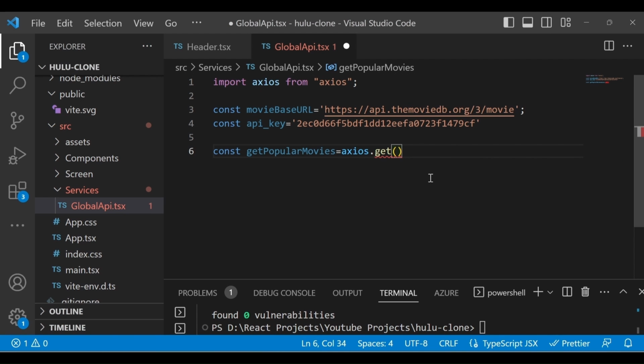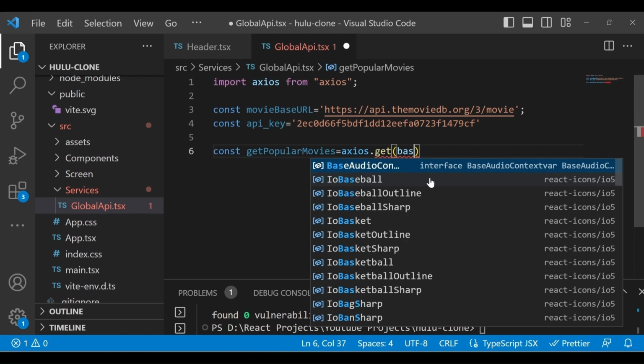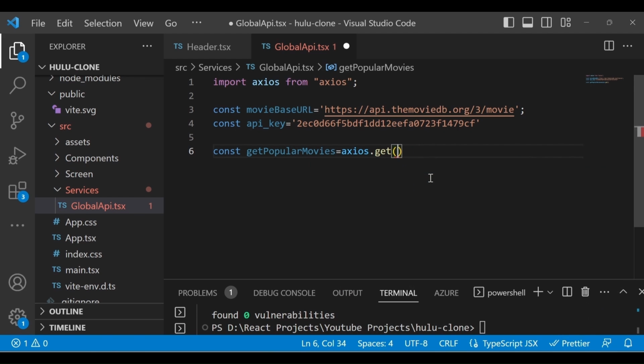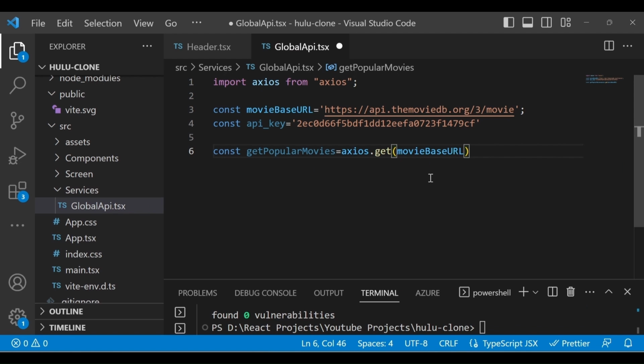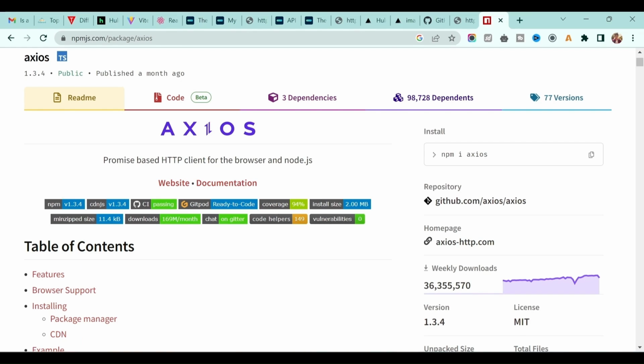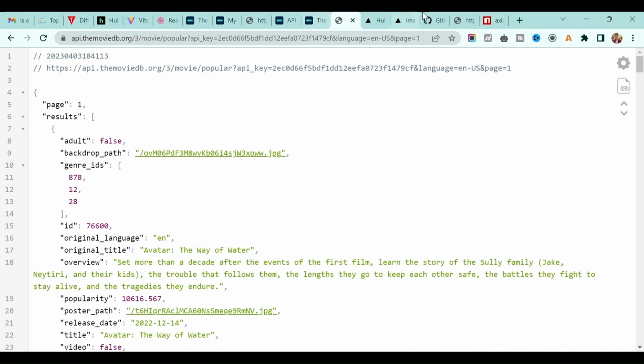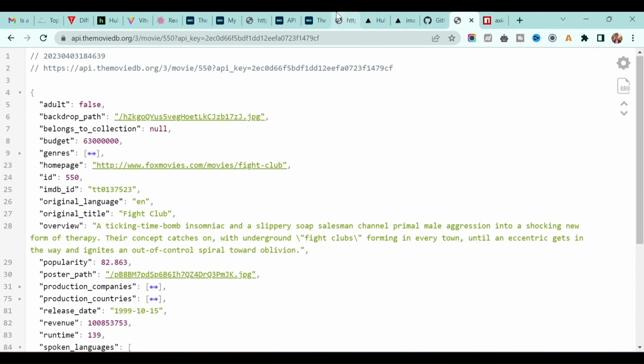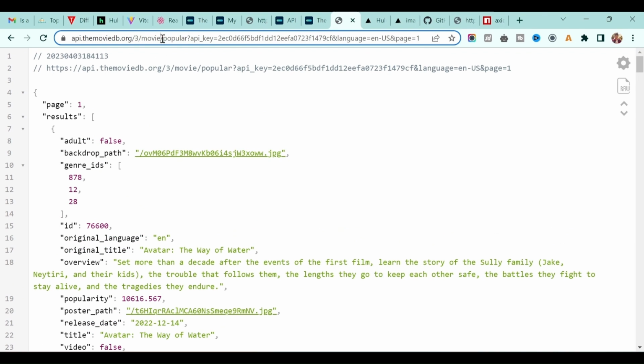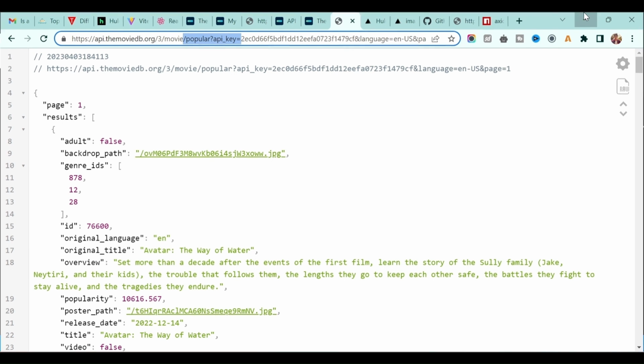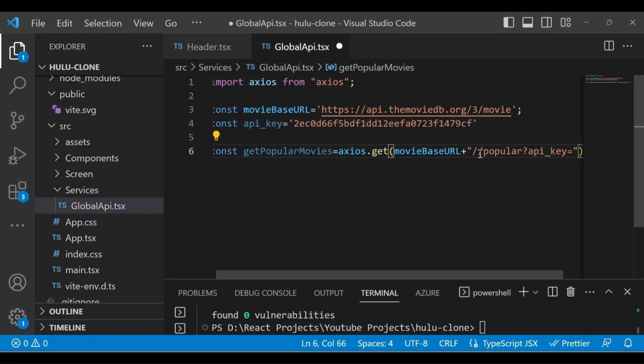Okay, so we want to fetch the data, right? So let's say the base URL first, and then you have to mention the endpoint. In this case, I want the popular movies, so this is the endpoint: slash popular, and then define the API key at the end.